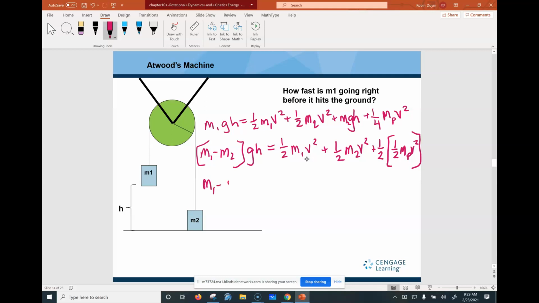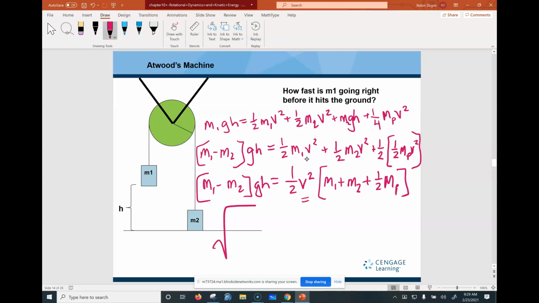So here I'm going to have M1 minus M2 GH. And then I can pull out a 1/2 v squared out of all of those, and I'll be left with M1 plus M2 plus 1/2 mass of the pulley. And then at that point, it's pretty straightforward to solve for the speed. So, although it's not pretty, it will look like this: V equals